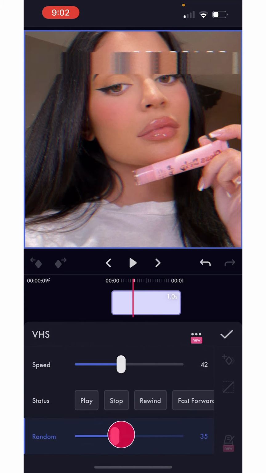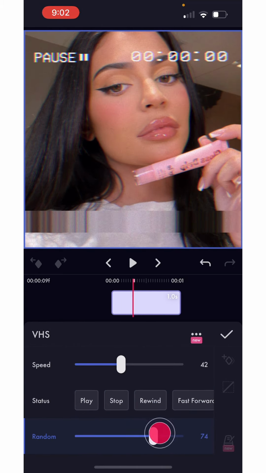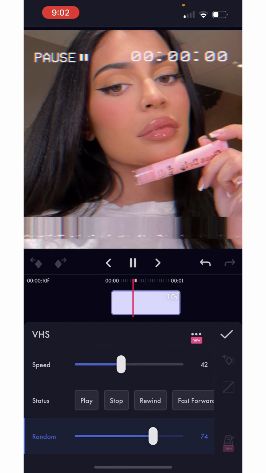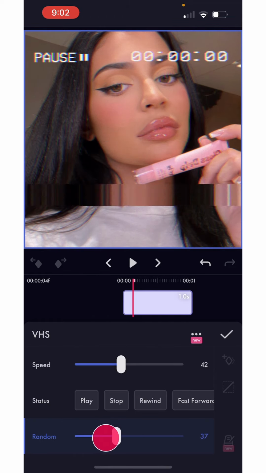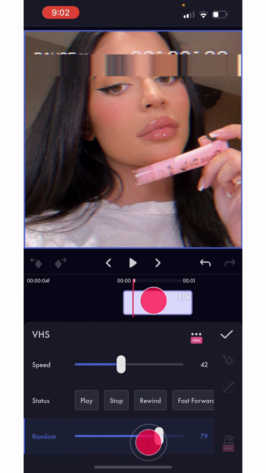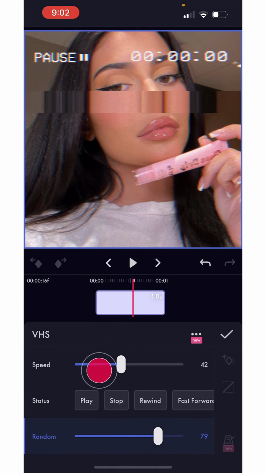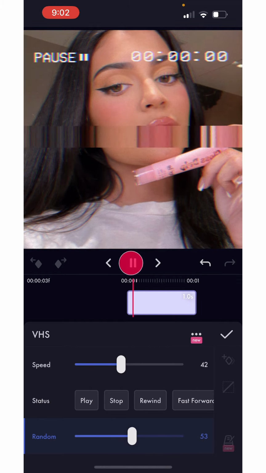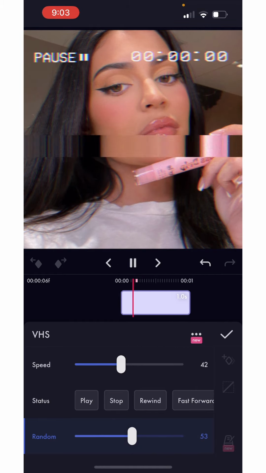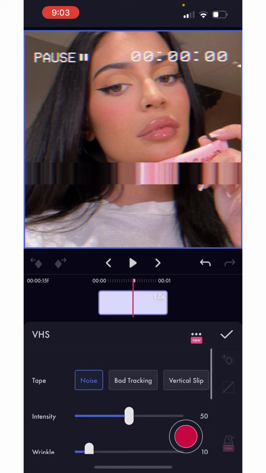Now random. What random does is it moves around all the effects, even the wrinkle, and just randomizes the speed and the location of it, just to give it a different look, which is pretty cool. So that's how to use the